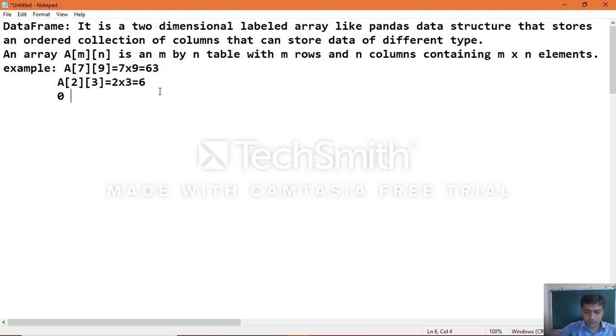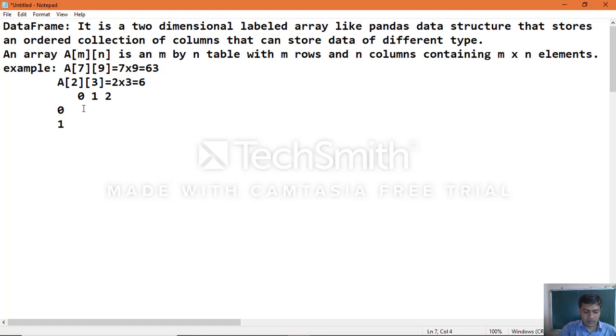You just take it as 0, 1, 2, like this, and on this side 0, 1. So now you can see clearly that this one represents rows and this one is columns, 0, 1 and 2, which means n minus 1 columns and m minus 1 rows. That is how it represents. You can see clearly the way it is going to hold the values.